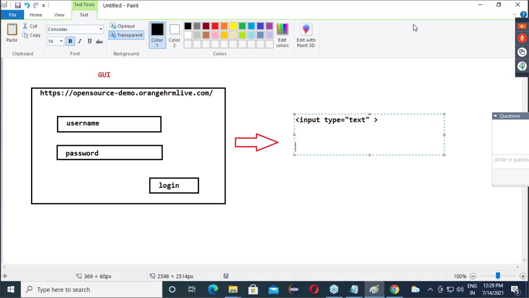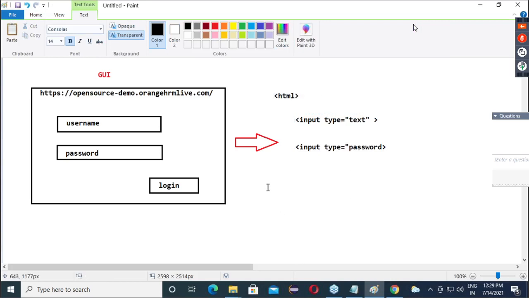Similarly, there is an HTML code for type equals password, correct? And guys, this entire code is available inside where? Inside HTML open, HTML close.